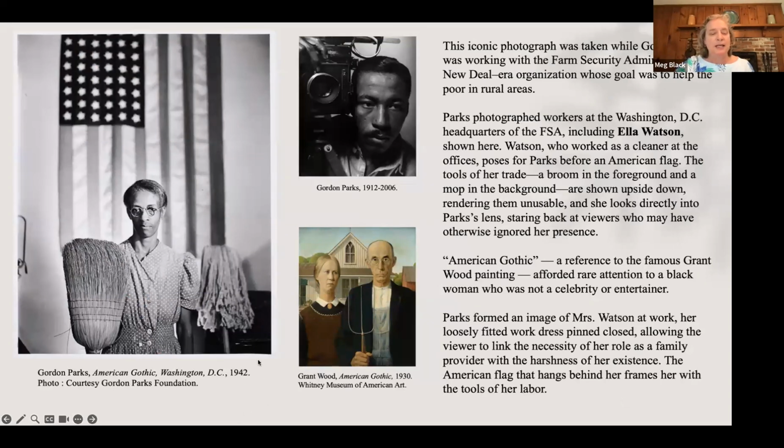So here we go, another date for us, 1942, and we are now in the beginning of World War II. And it's also the end of the Depression. And so the government, to help people get out of the unemployment, again, I'm sure you remember your history, the Farm Security Administration, part of the New Deal, was an organization that hired photographers to photograph the American landscape, culture, and people, as a way of communicating what people were enduring during this time.